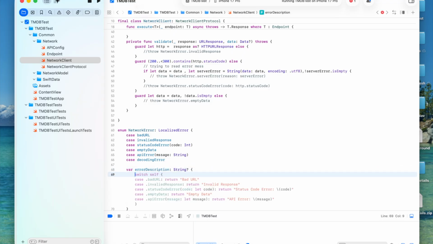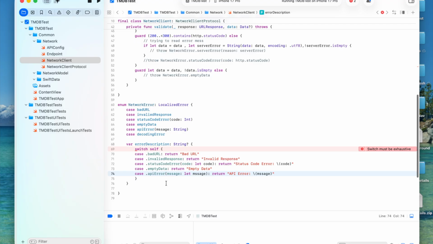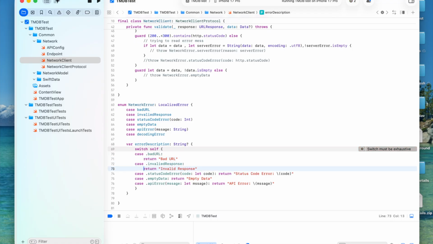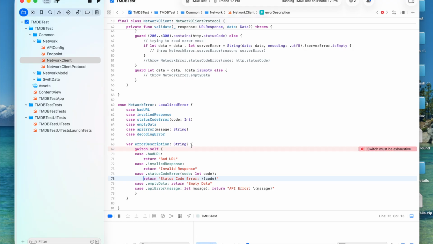Okay, you can have switch bad URL, you can have bad URL. Let's have enter so it looks better. Invalid response, then status code,